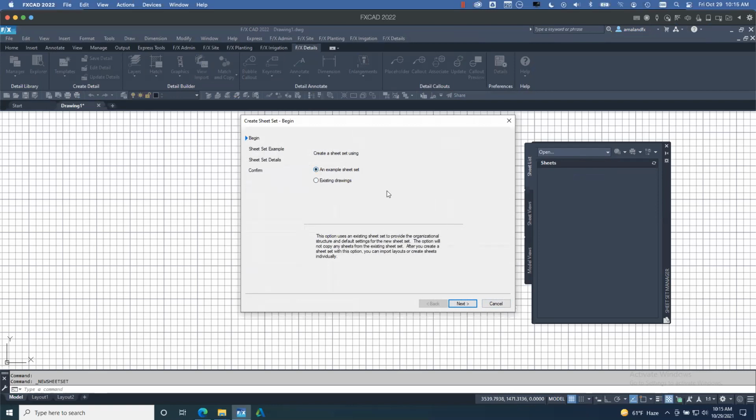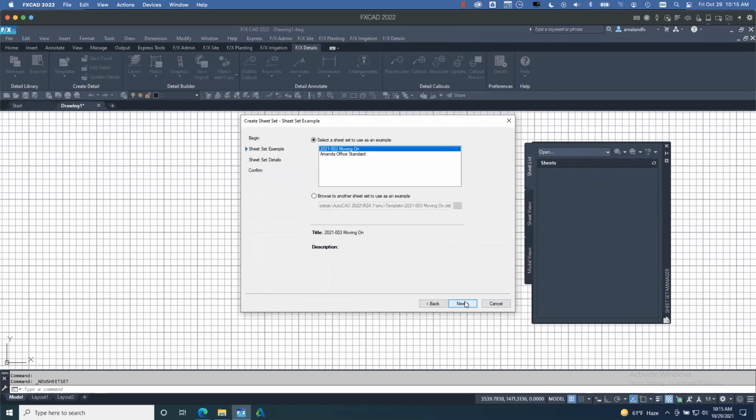So if I go to example sheet set and click next, I can see two things in here. I've put those in. So this is kind of a preview of where we're going. We're going to create these in here, these examples. Now, if you have full AutoCAD installed, you're going to see a few others in here like architectural, civil, mechanical